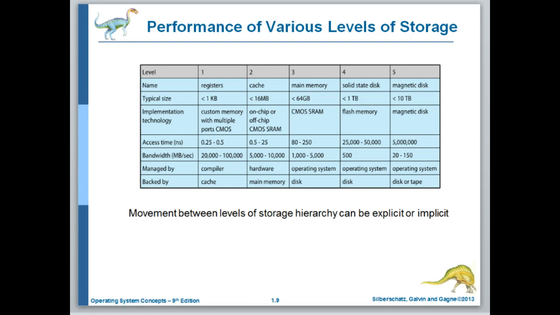Here we can see some attributes of the various layers of the memory hierarchy. In particular, look at the access time of registers, a fraction of a nanosecond. Main memory access times are much greater than that, hence the use of caches to try to make main memory appear to be faster to the CPU, and then compare access times of main memory to magnetic disk, and then think about how efficient